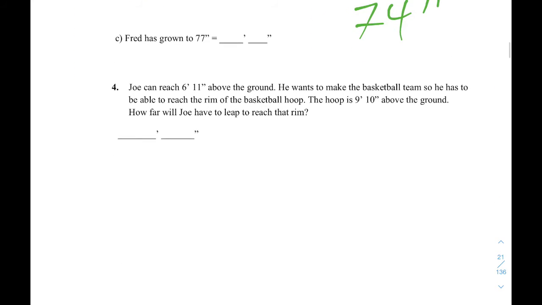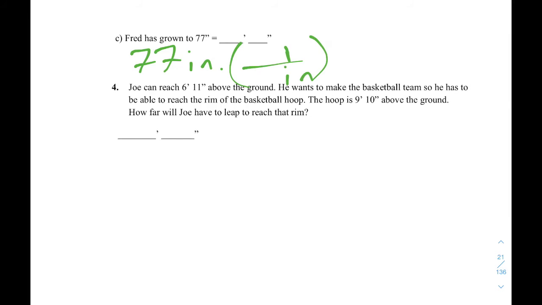If we have something like here, see, Fred has grown to 77 inches, and it wants the answer in feet and inches. So for that to work, we need to first find out how many whole feet that is. So if we want to go from 77 inches times unit fraction, get rid of inches, go to feet. 77 inches times, in 1 foot there are 12 inches, times 1 over 12 is going to be, just a moment while I pull up a calculator,